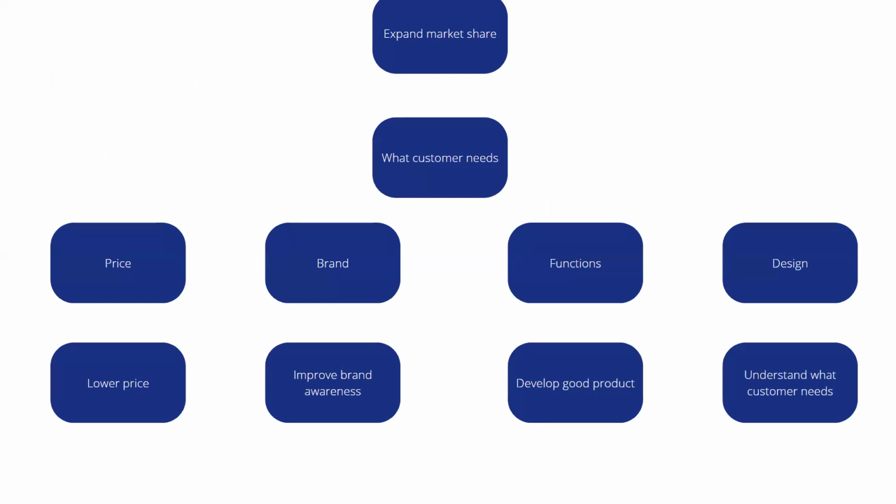This is the way that I brainstorm my answer. We need a big objective here, like expanding market share. So, I may ask myself, to expand market share,